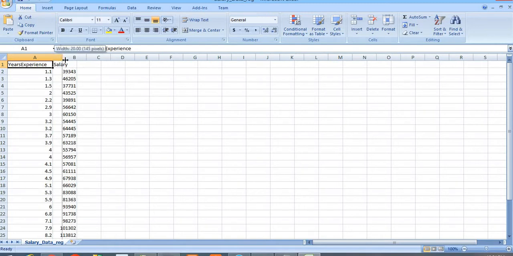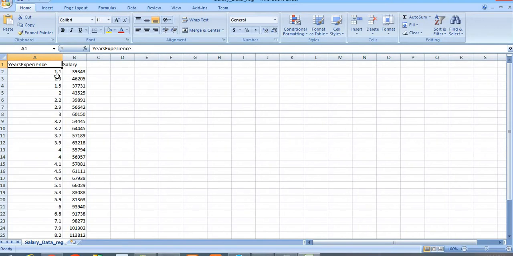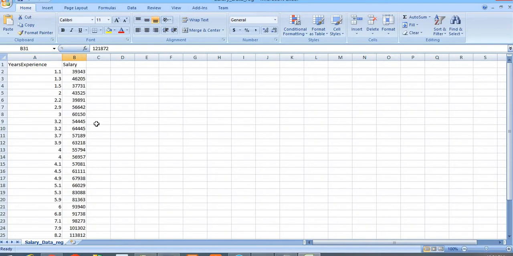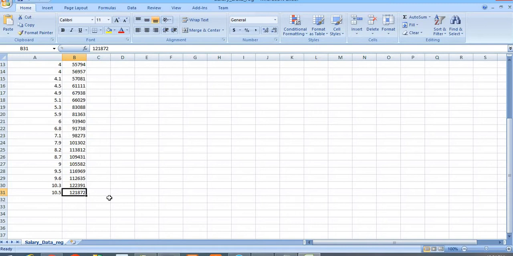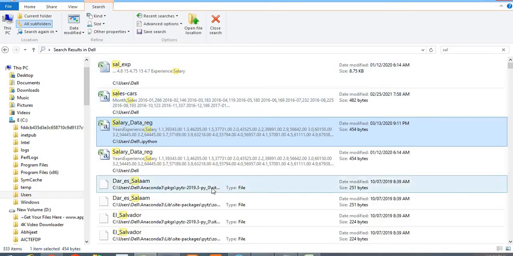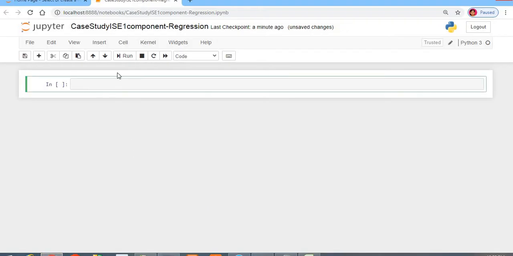So you can see over here, as the number of years of experience, like it was earlier 1.1, then the salary which was drawn by the employees is like 39,343 rupees. Likewise, as the years of experience is increasing, the salary drawn by the person is also increasing. So we are just going to implement with the help of a simple data set, so no need to worry about it. Okay, so here first of all what we will do, we will import numpy as np.